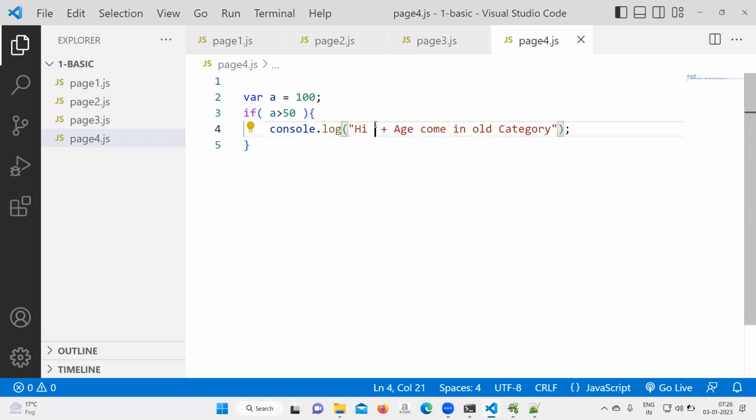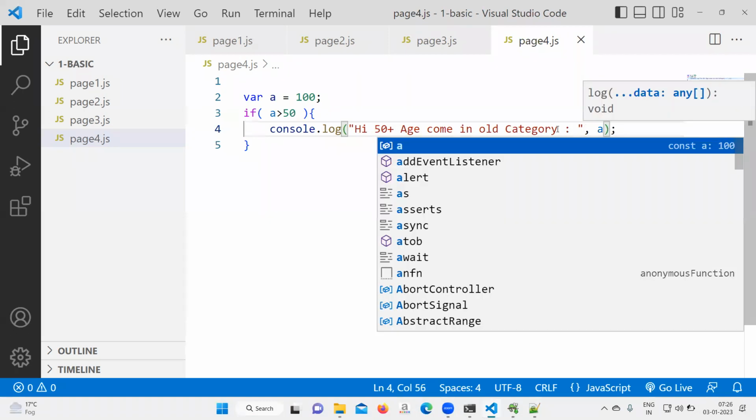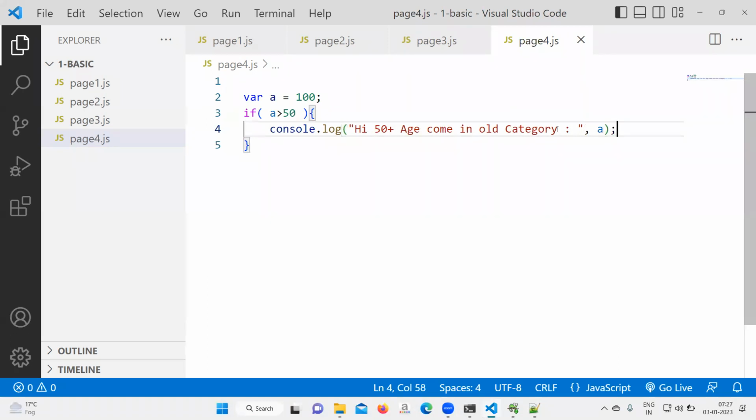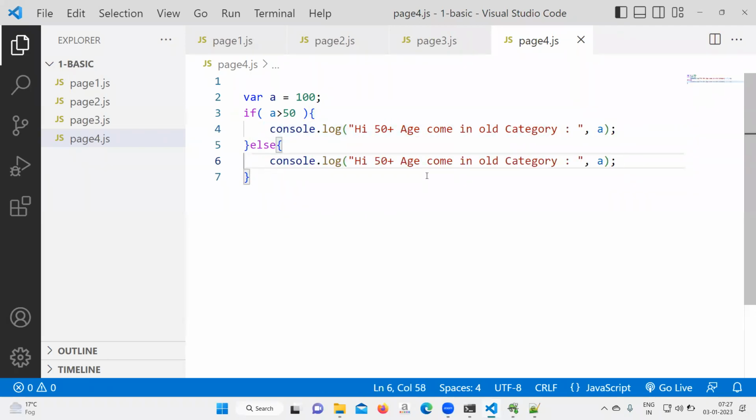Let me make a little something different. Hi, 50 plus, we can make 50 plus age comes in old category. You have entered how much? You have entered for a. So we need to represent the value also, then only people will come to know mine is this much, and it is saying condition like something else, else, right? Else